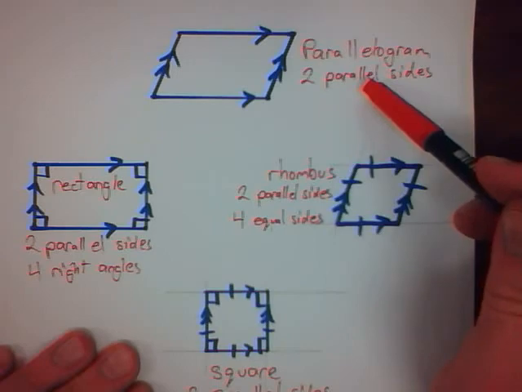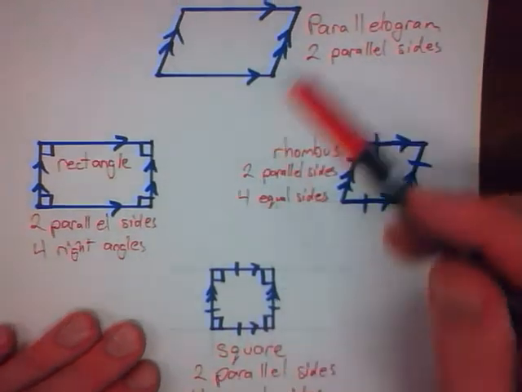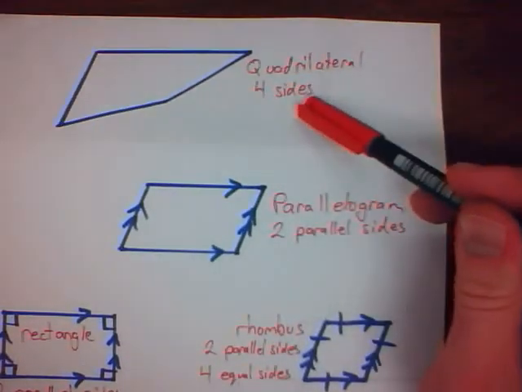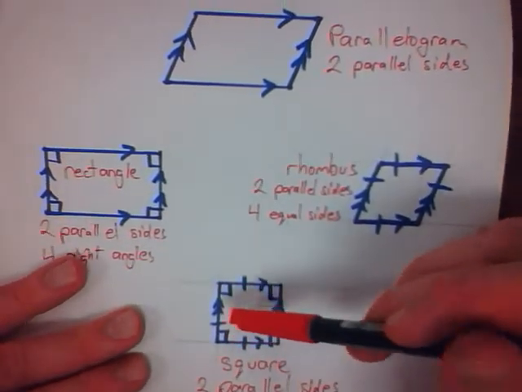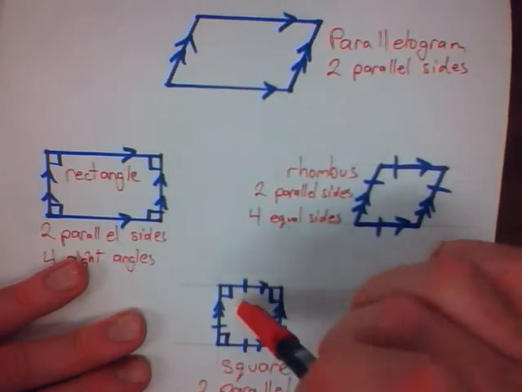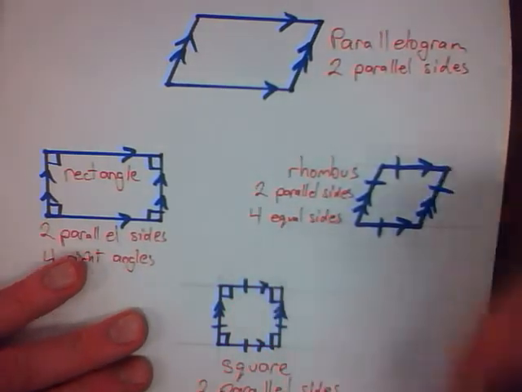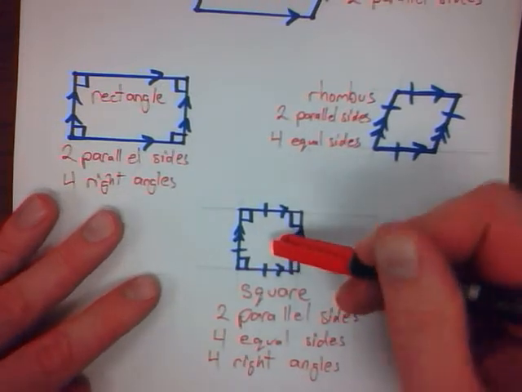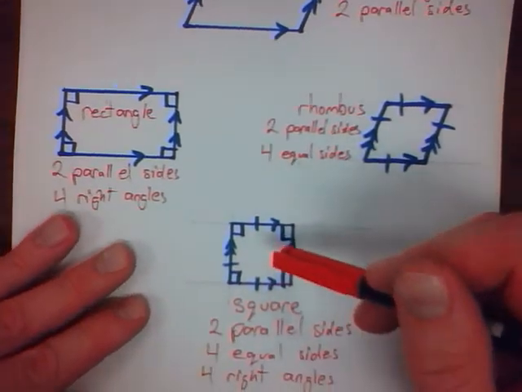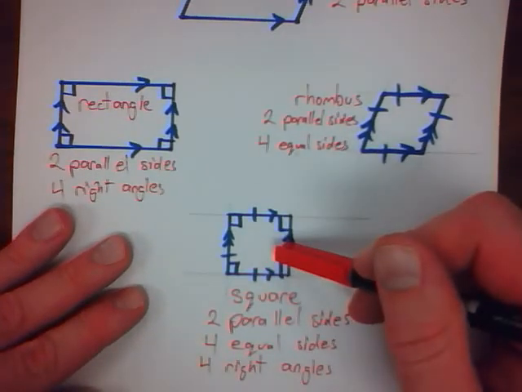Does it have 2 parallel sides? Yes, it does. So a square is also a parallelogram. Does it have 4 sides? Yes. So it's also a quadrilateral. This is a square, rhombus, rectangle, parallelogram, quadrilateral. The best definition, of course, is to call it a square. However, it is also a rectangle, it's also a rhombus, it's also a parallelogram, and it's also a quadrilateral. And that is all the different ways that you